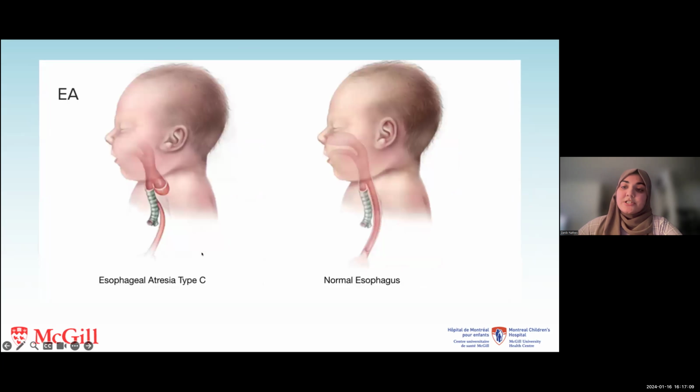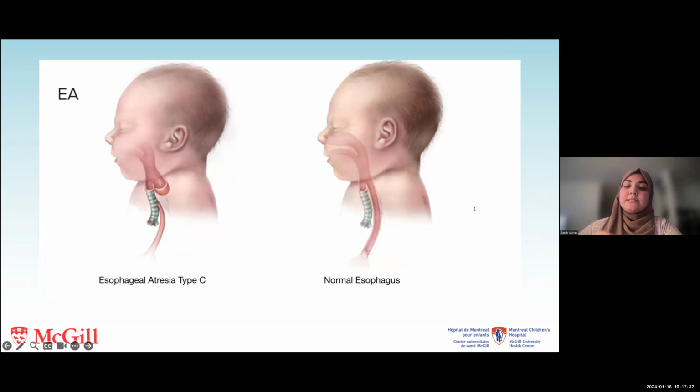Now, esophageal atresia is a congenital defect where part of a baby's esophagus doesn't develop correctly, preventing the upper and lower parts from connecting. And so this makes it challenging for the baby to pass food to the stomach, sometimes causing breathing issues. And it's often linked with tracheoesophageal fistula. It comes in 4 types, with type C being the most common. And the occurrence is around 1 in 4,100 births in the US and can happen alone or with other defects.